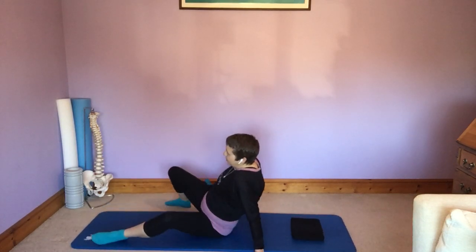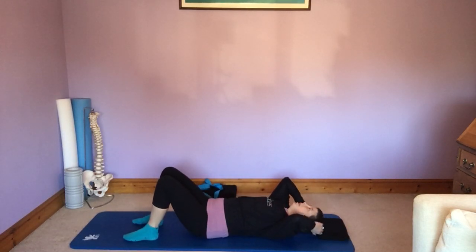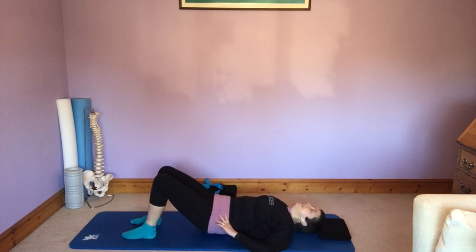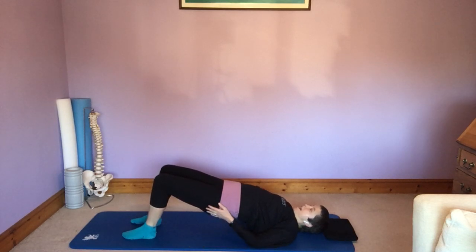And we're going to do a hip twist with it. So, you can lose your head pillow if you want to, if you're using one. Feet and knees hip width apart, drawing in through your tummy. Lift up from there, hip twist out. With the left leg for 6,